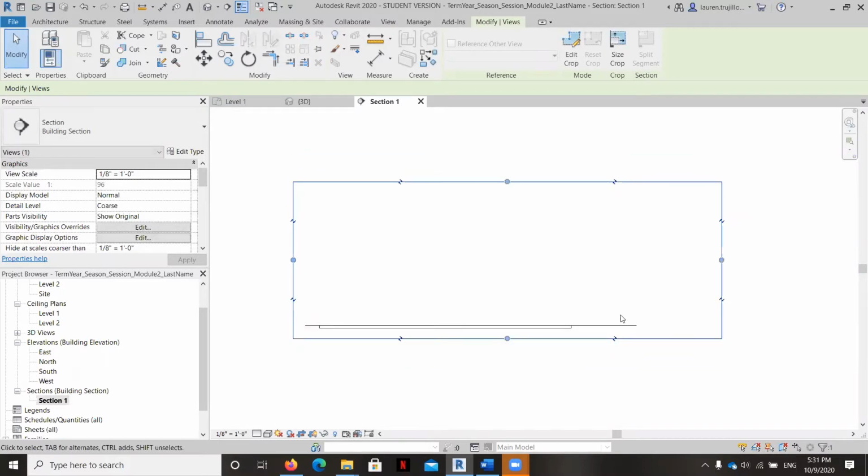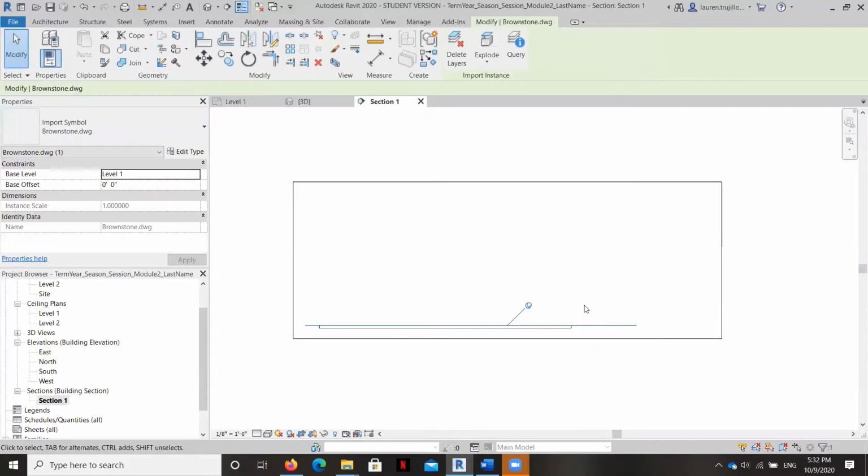And it's really just here so that if we wanted to drag this view on a sheet later on and we wanted certain parts of the building or space to be hidden, we would crop that out. Again, this will make more sense later on. But for now, if you can't see what I'm showing on my screen when you practice this on your own, you can go ahead and adjust these little controls and see what happens. You can see here, this is the CAD file coming in here.